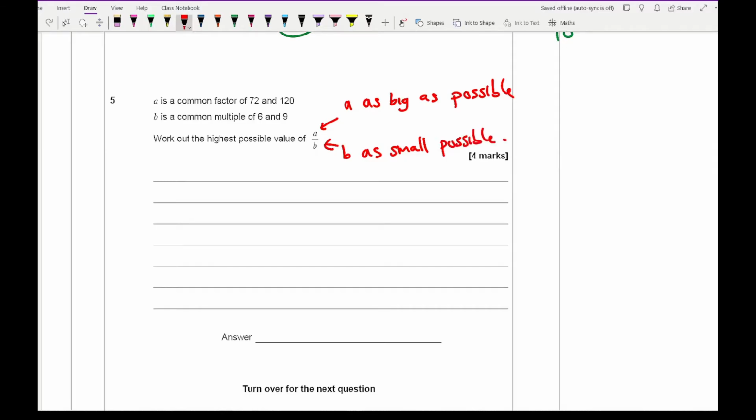In terms of A, let's look at the common factors of 72 and 120. You're looking for which numbers go into both 72 and 120. If I list all of those common factors, I'm going to end up with 1, 2, 3, 4, 6, 8, 12 and 24, and then I go on to list the common multiples